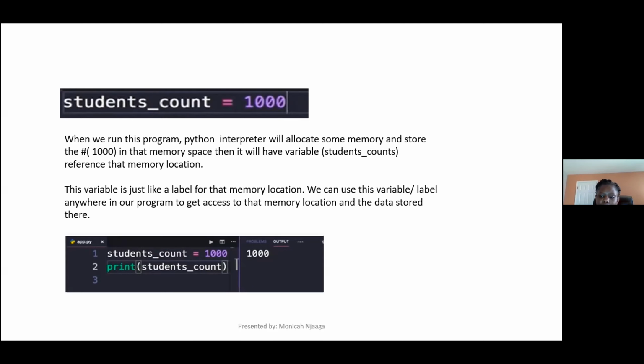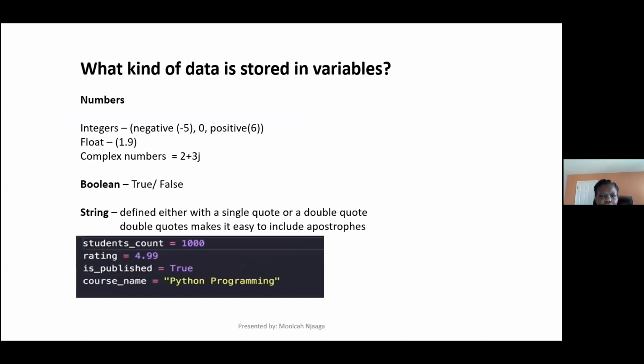So moving along, you might be wondering, what kind of data can you store in a variable? So far, from the 3 assignments that have been provided, we've stored strings and I believe numbers, but let me just go down the slide. So you can store numbers, and there are 3 types of numbers that Python can store. There's the integers, and when we talk about integers, it's any whole number, and it can be negative. 0 is also an integer, and anything positive, or anything below 0.